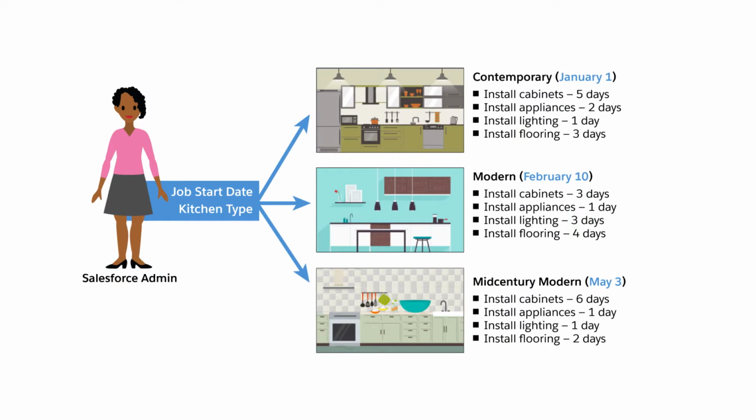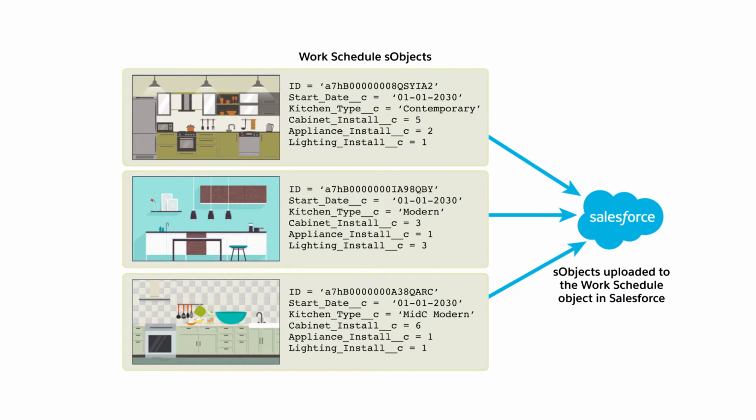It's a lot of work to manually enter all of these tasks and dates, and you'd like to have your Salesforce org do the work for you based on 2 variables, the job start date and the type of kitchen. You can use Apex to take these 2 variables and create records stored as S-objects for potentially hundreds of tasks. You'll store these task S-objects in a list and then programmatically upload them to your database. Better yet, when the start date or kitchen type changes, your code will update all the tasks. The business automation options are virtually endless.